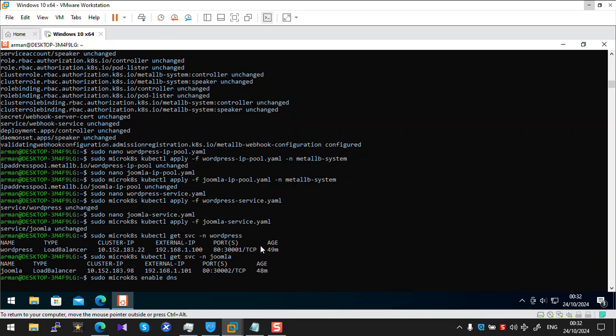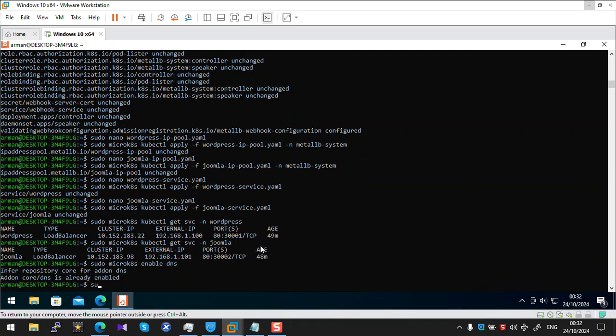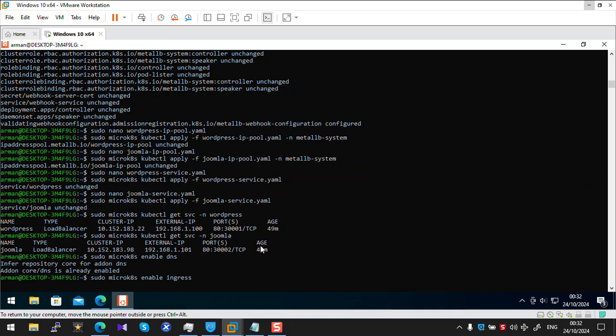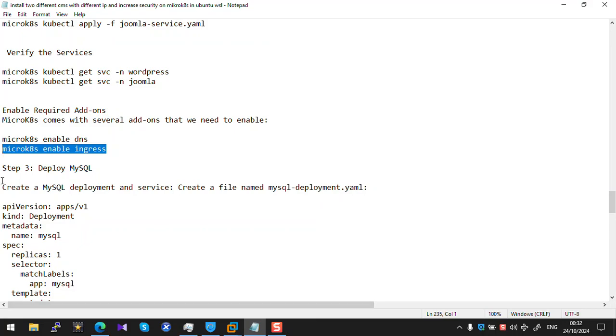Wait to enable ingress add-ons. After enabling ingress and DNS add-ons, deploy MySQL